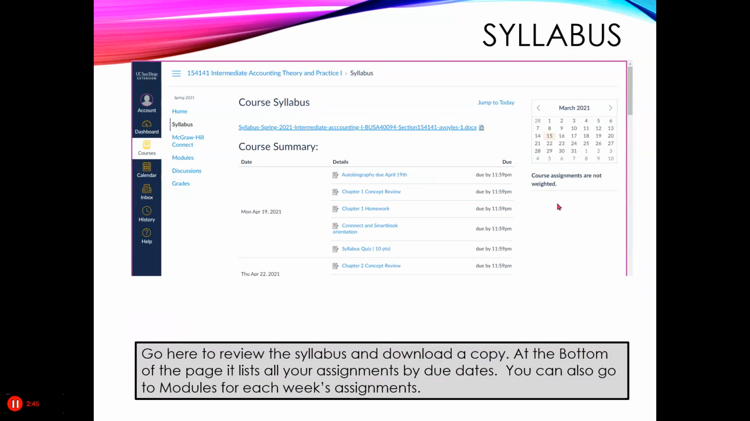Now, when you go to the syllabus page, this is really great. You'll not only see the syllabus, but if you scroll down to the bottom, it shows you all the assignments for the class by due date. All right? So, all you have to do is scroll down to the bottom, and it'll show you each day when assignments are due. Of course, you don't want to wait till then. What you should be doing instead is